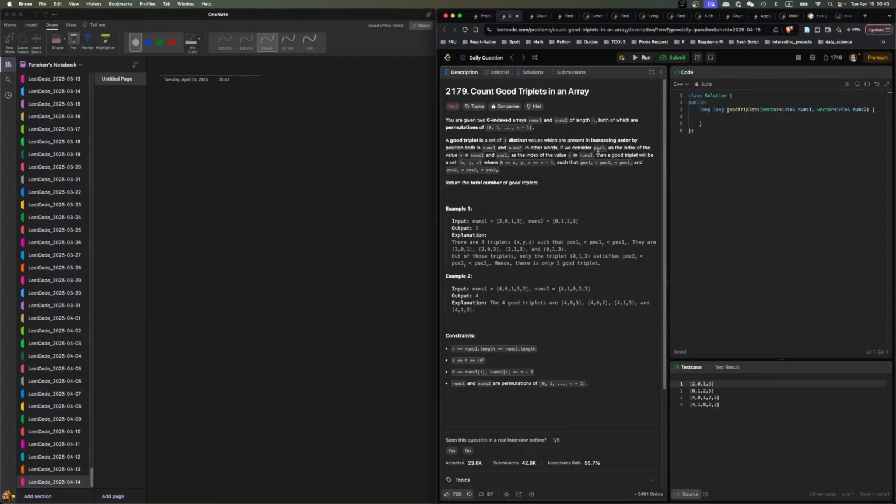In other words, if we consider position 1 as the index of the value v in nums1 and position 2 as the index of the value v in nums2, then a good triplet will be a set x, y, z such that position 1 of x is less than position 1 of y, which is less than position 1 of z. Hold on, there are 4 triplets x, y, z such that